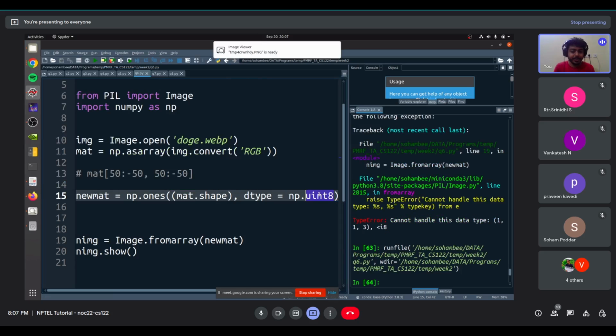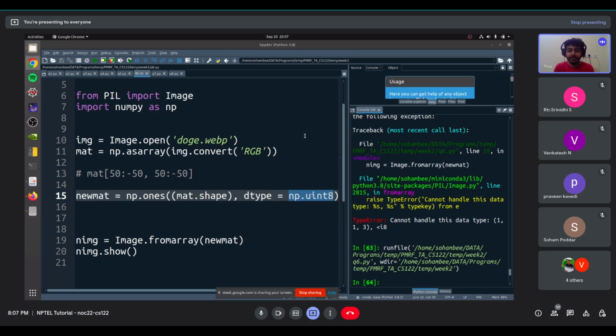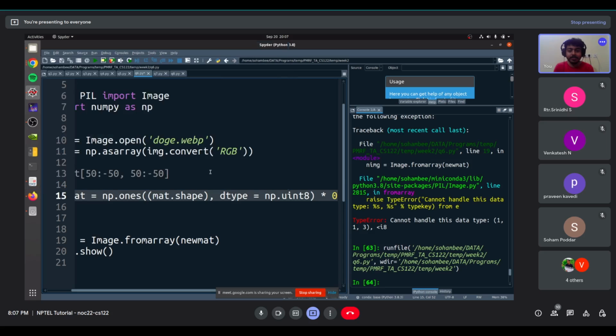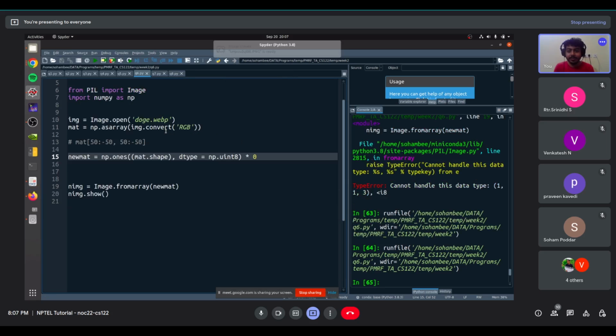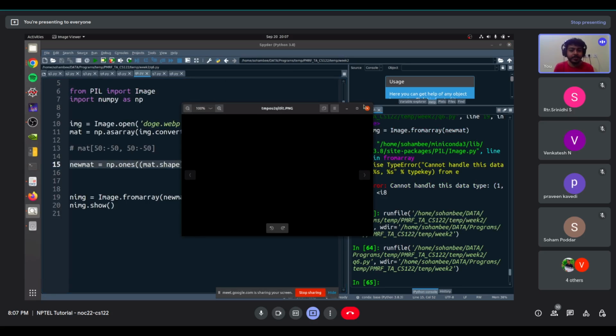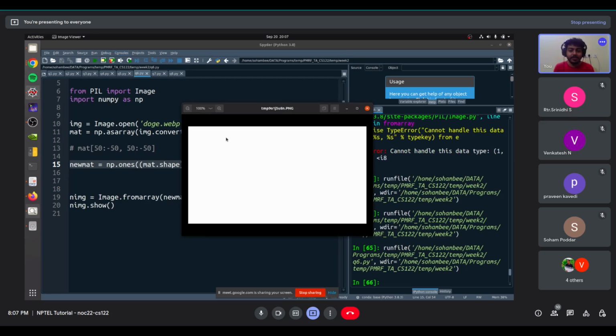Okay. So this is just basically a way of saying that 8 characters, since this is an image. So you can see this is a plain white image, right? And if we multiply it by 0 and run it now, then we can see it's a completely black image, right? So now that we have a white image, what we'll do is